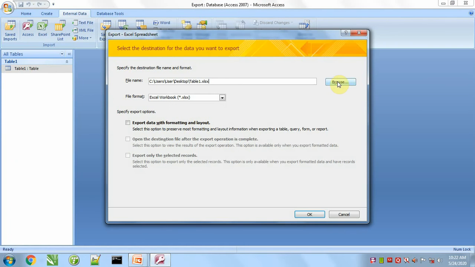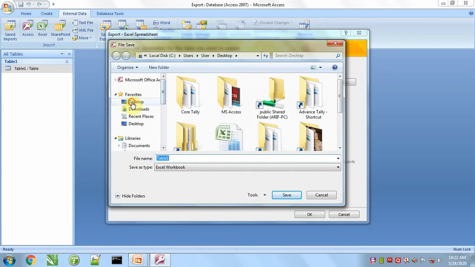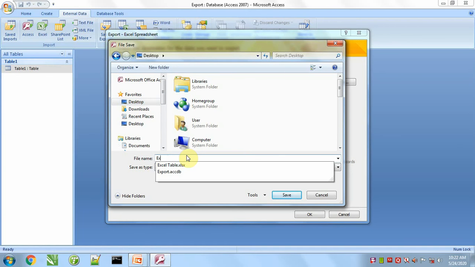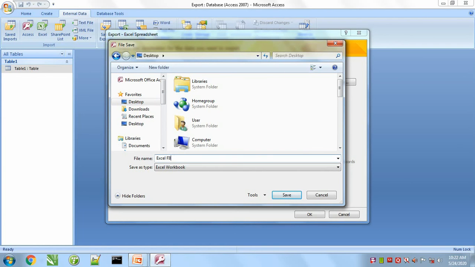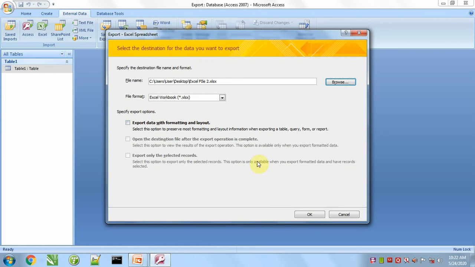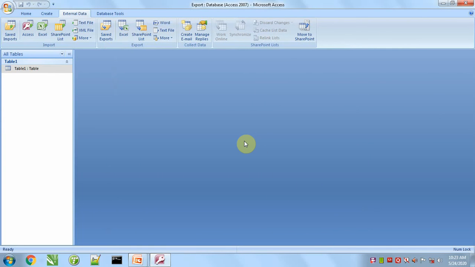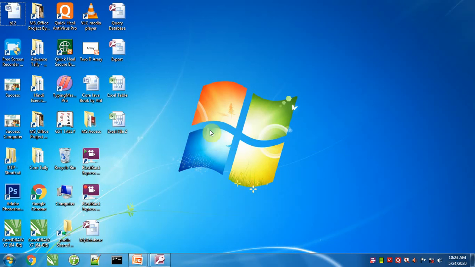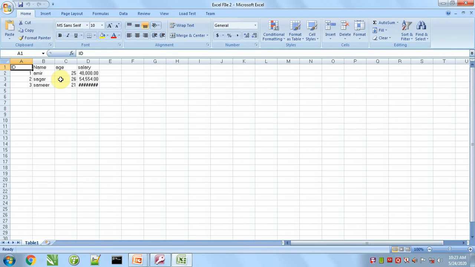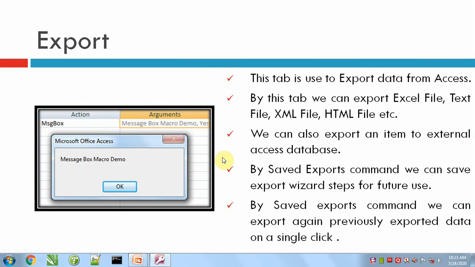We can look at it again. Excel, browse, desktop, uncheck this option, okay, close. So that file will not open now. We can look here, file didn't open. And second, file is without formatting. So if both these options are unchecked, in that case neither will the file be formatted nor will it open just after creation.